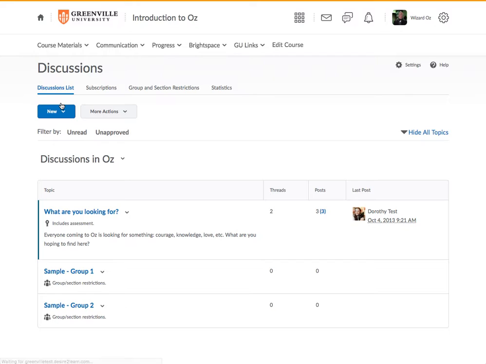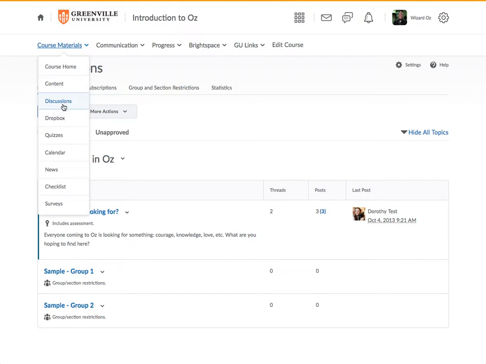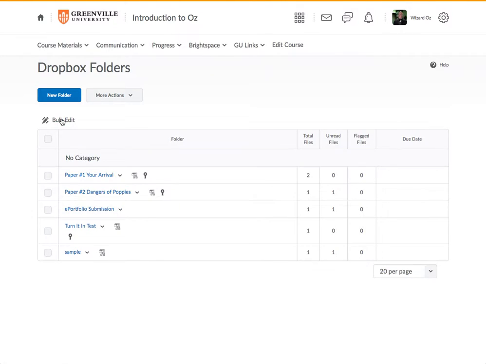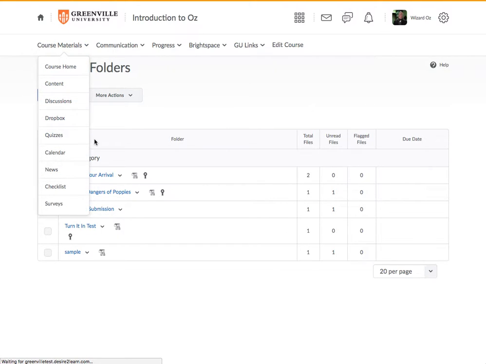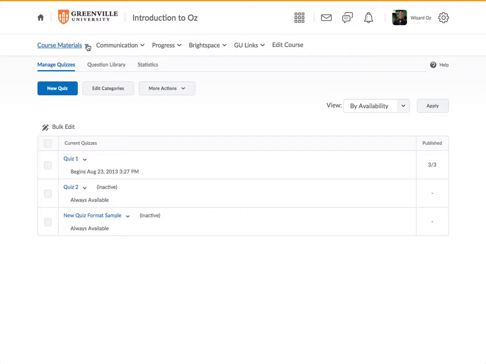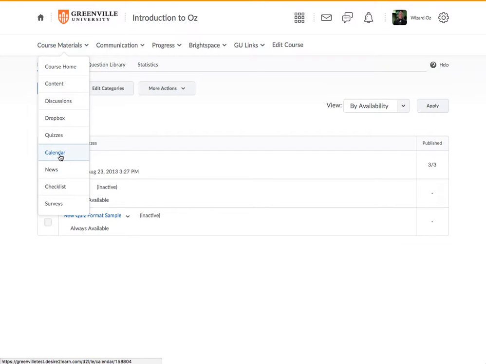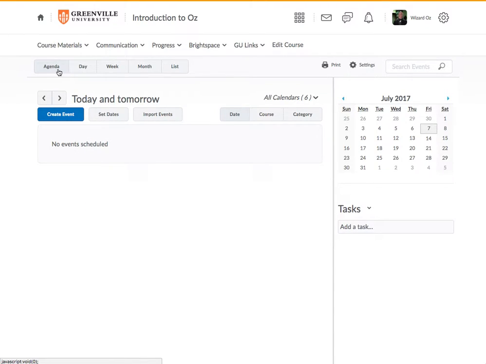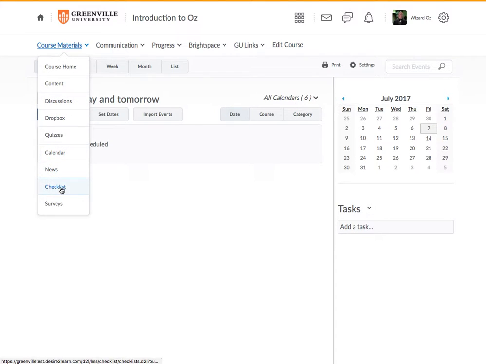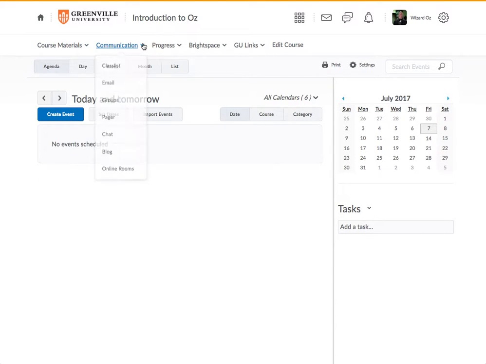Discussions, Dropbox, quizzes, calendar, okay, and then I don't need to show news, checklists, or surveys, but communication is where you're going to